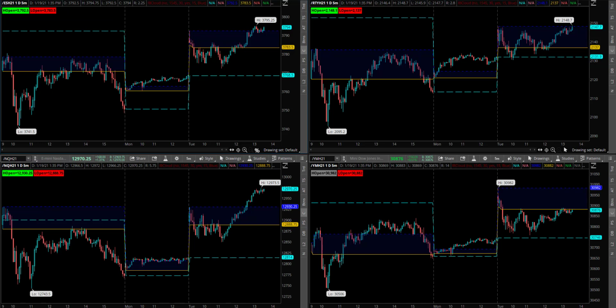Today is Tuesday, January 19th, 2021, and this morning we saw sizable up gaps in the markets. Gapped up well above prior session's closing prices. We gapped up above prior session highs in many of the markets here, and we pushed lower off the open. So we had pretty weak price action off of the open, but we have since stabilized and are starting to